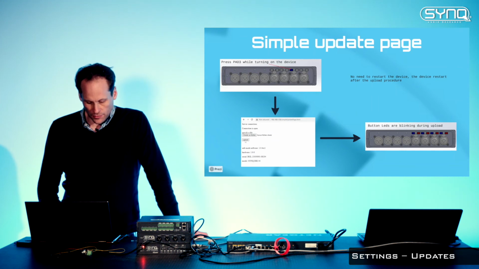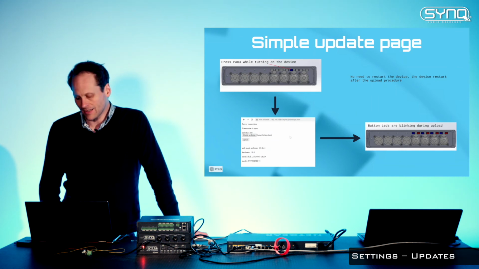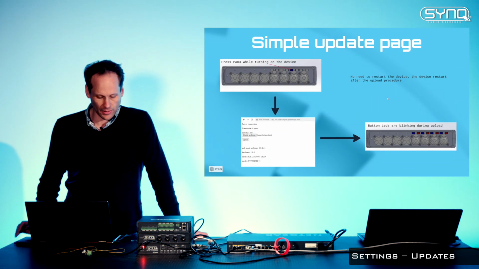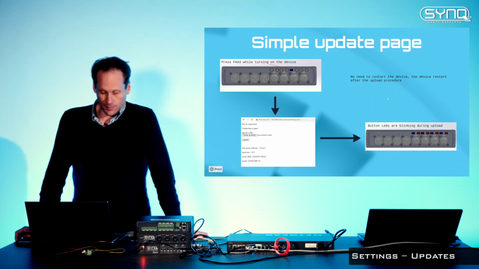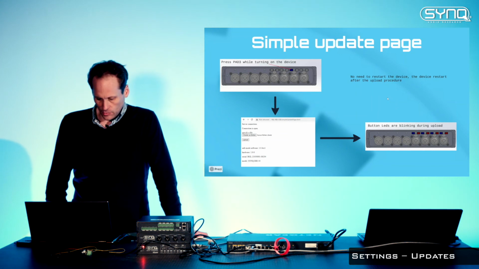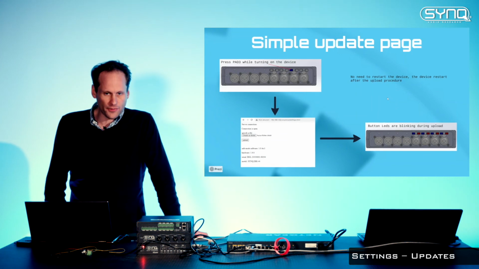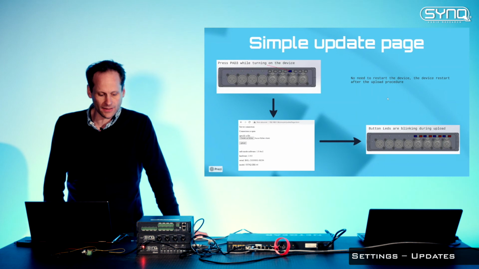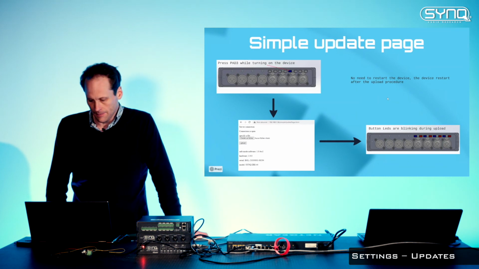And then you can choose a file. This is the backup plan. During upload, you will see all the LEDs blinking. Then the device will be updated and reset. So you don't have to be afraid of doing a firmware update in the field, because you always have a backup plan.